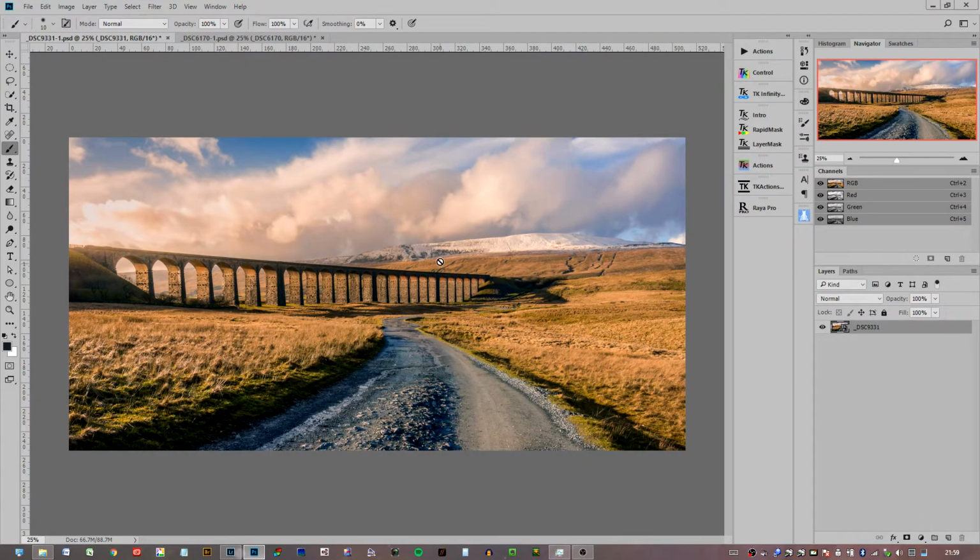This is a picture of the lovely Ribblehead Viaduct, an old Yorkshire monument, a Victorian bridge built in the 1800s. It's a railway bridge, still functioning today, but it's an old classic view with the path leading up to the bridge. It was shot at a sort of winter sunset, so the sun's setting off to the left here,